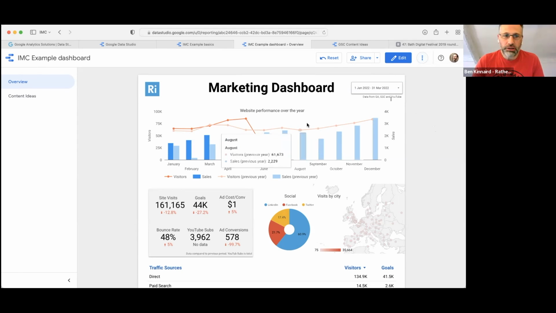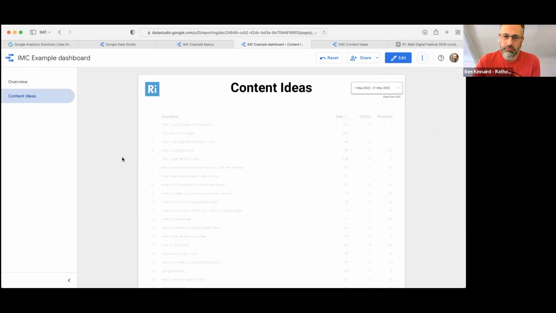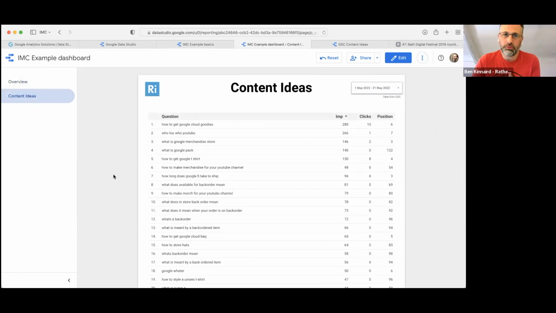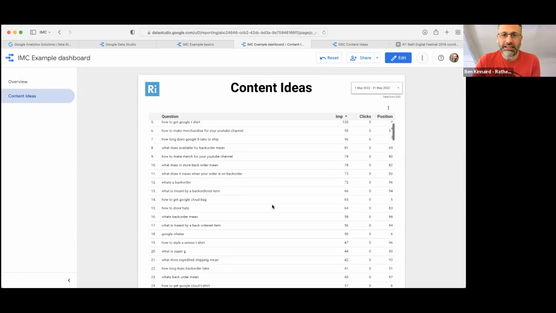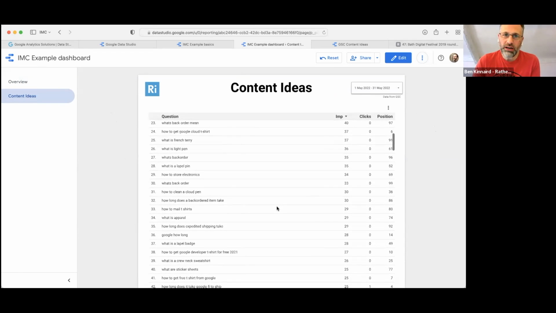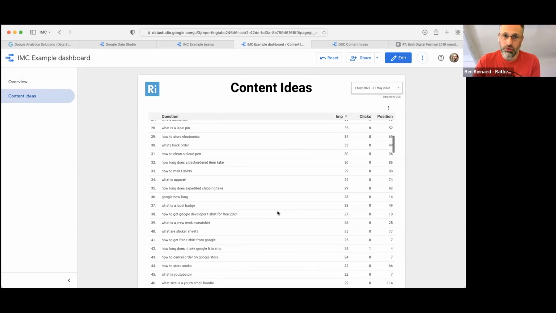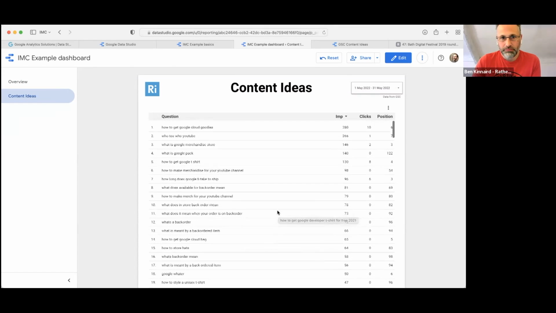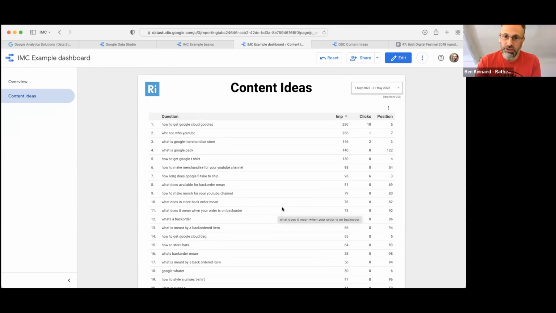One thing I'll finally show you, and it's something I've started recently including on these dashboards, is content ideas. Every time this report comes through, there's a second page, and it's pulling data from Google Search Console about what questions people are asking on Google where your site comes up. Chris Richards gave us this idea when he was reviewing our club site a few months ago. This is really useful, not only when this comes through, they can share it with people who are writing the copy,